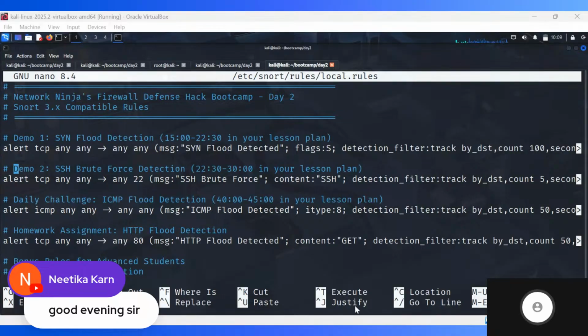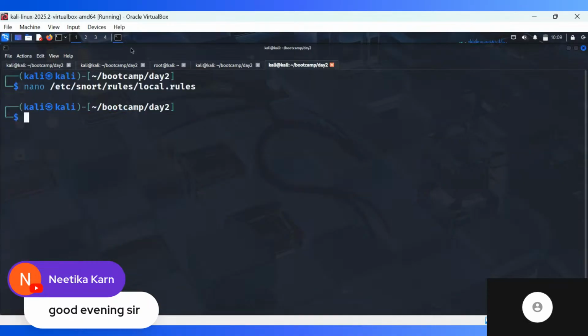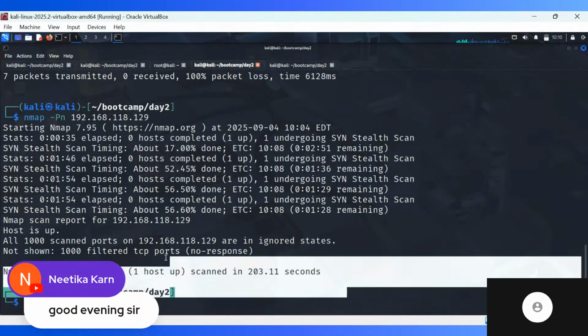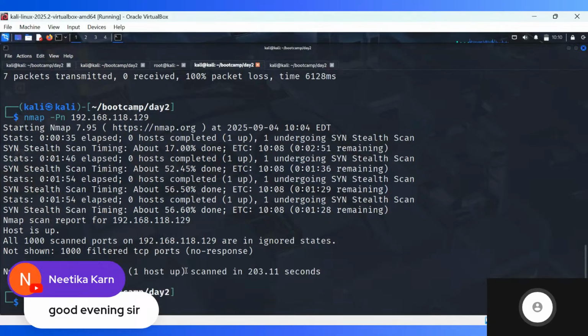Okay, now let's exit from this boring screen and go. See, it's saying host is up, but all the ports are filtered. That's because it is the firewall.